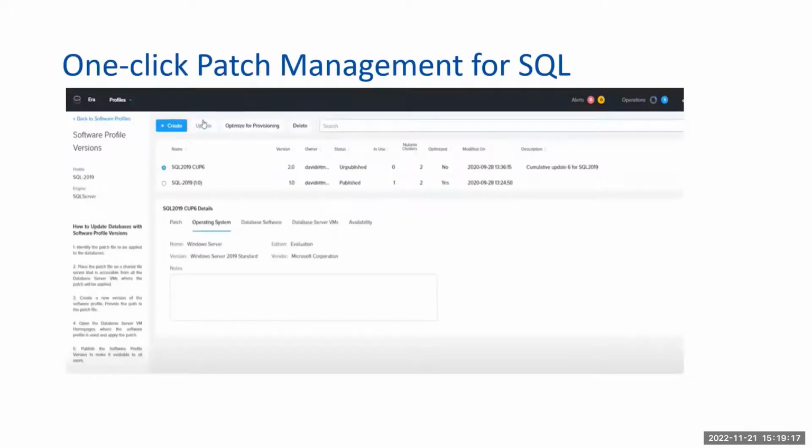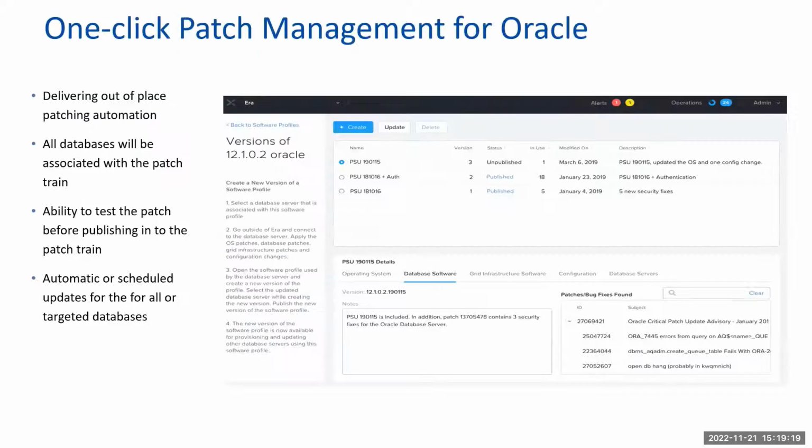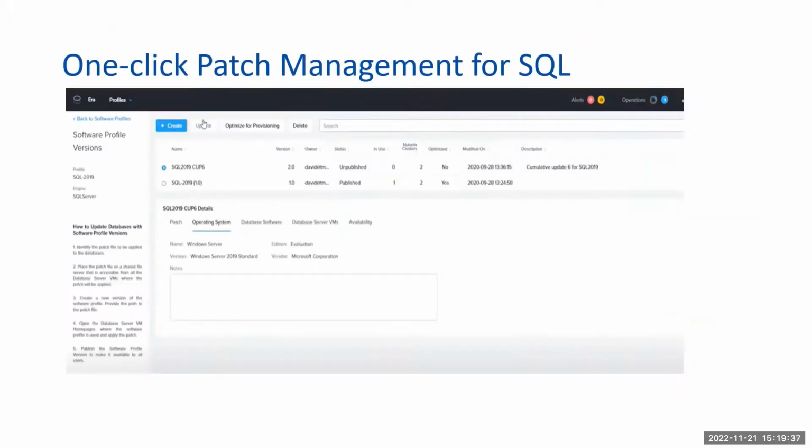Whereas for Oracle, it's quite different. You have to log into the existing database server VM on Oracle, apply the patch, and then you can utilize it as an update. Whereas in SQL, you can download the patch alone and apply it directly on the database server VMs.